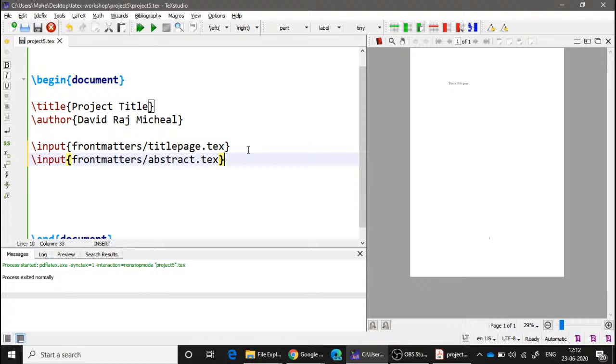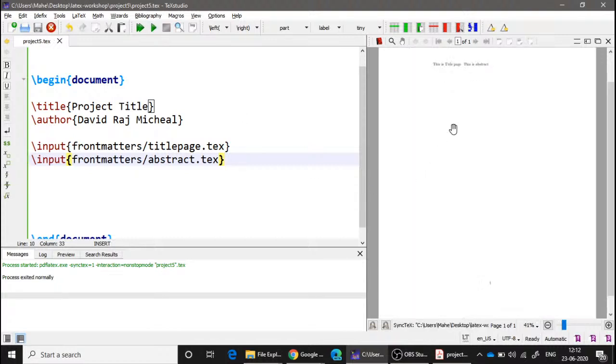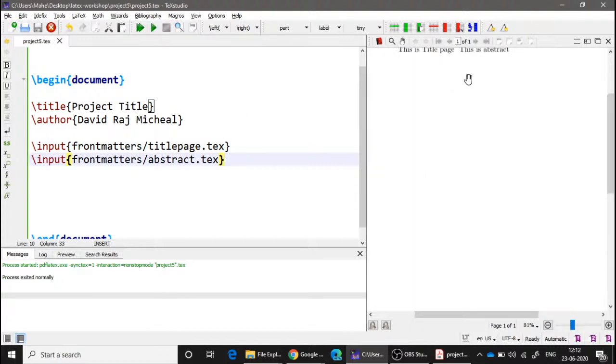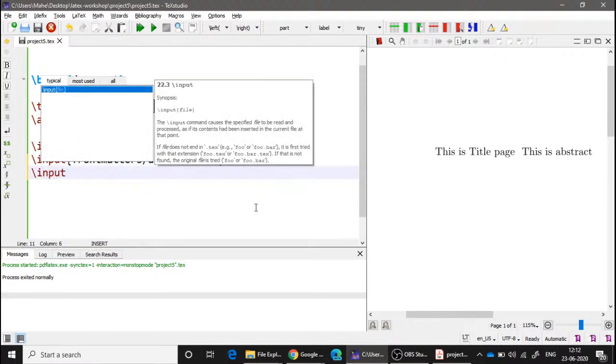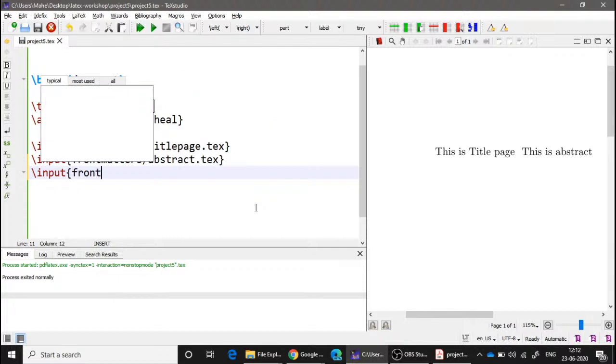So let's compile this and check what happens. Now I have my abstract also came into the picture. This is abstract, which means this text is coming from this text file abstract.text. The next one which I am going to do is the input front matters